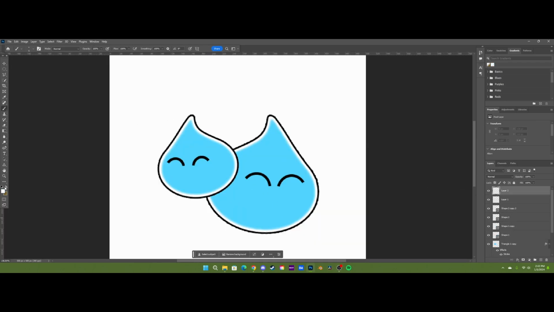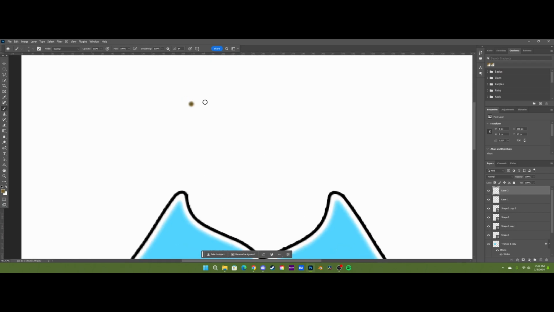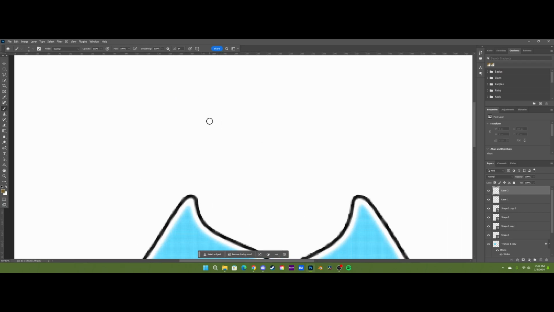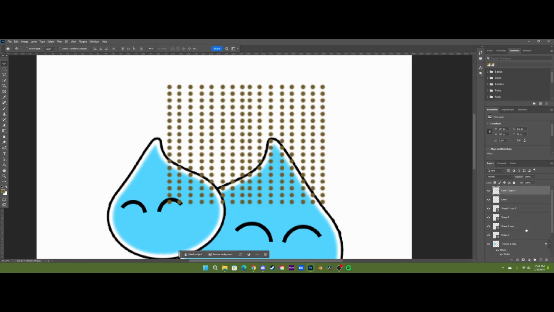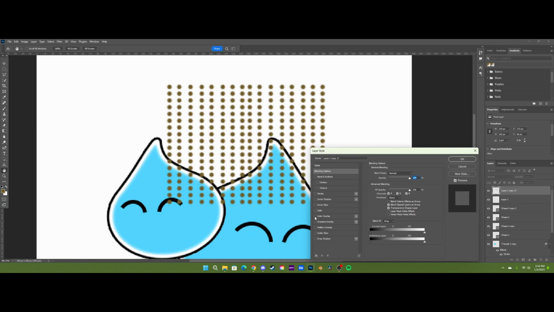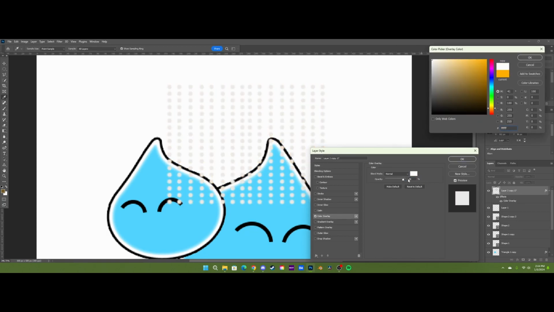Now next what we're gonna do is create that dot texture. So just grab any color, because we're just gonna overlay it with white afterwards anyways, and then just duplicate it, and repeat the same process over and over until you've got a big enough square, and there we go. And then, like I was saying, add the color overlay of white,